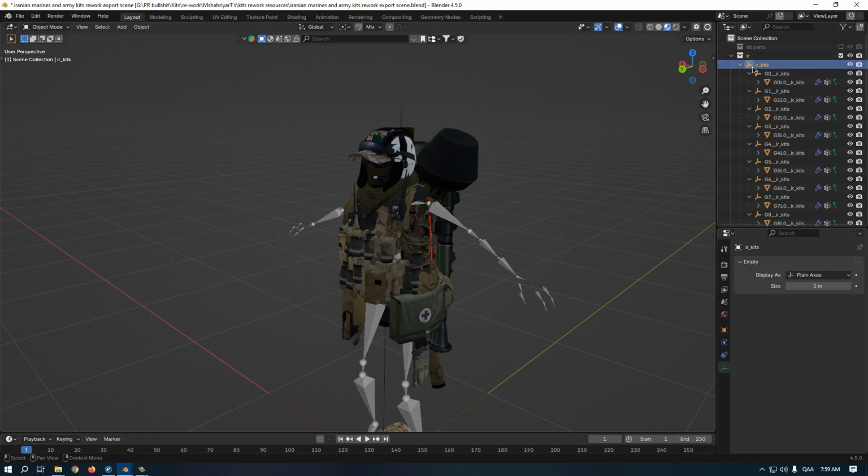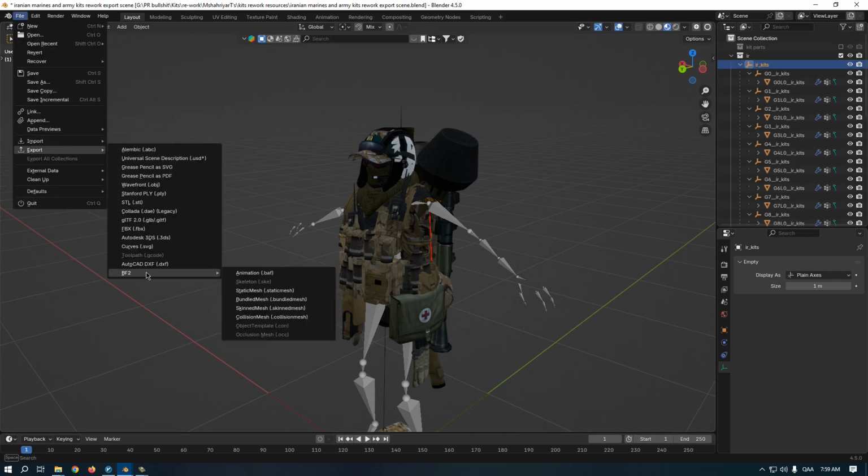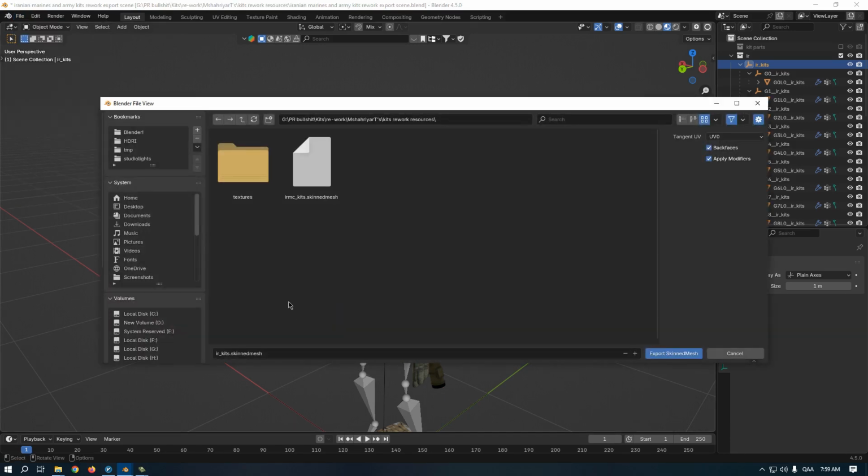I forgot about the hierarchy. The hierarchy is quite the same as the other objects. The difference is that you shouldn't mention skinned mesh at the start of the root empty. For bundled mesh, you have to actually do that. So you set up the hierarchy and then select the root bone, go to File, Export, BF2, Skin Mesh, and just